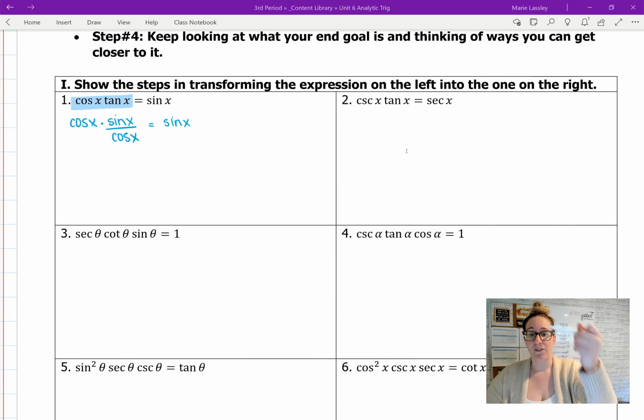All right, so our first step, I changed tangent to sine over cosine. My next step is going to go below that. I see that I have cosine over cosine. I can simplify that. So cosine,